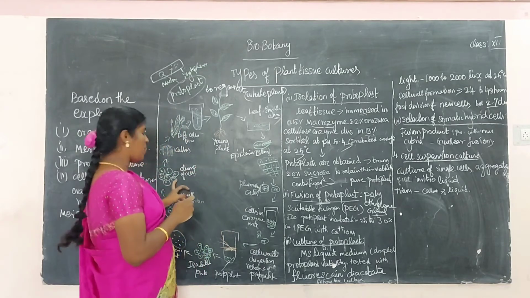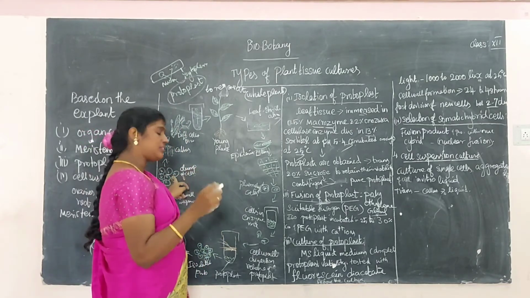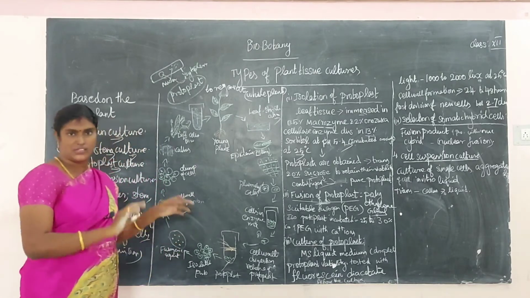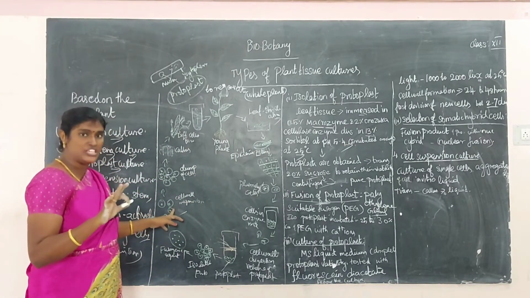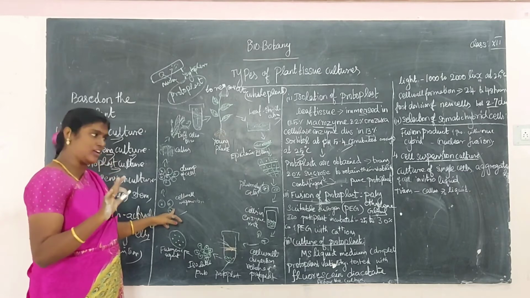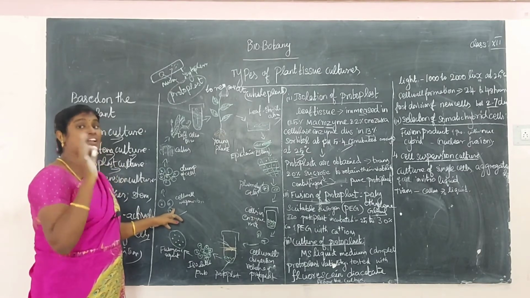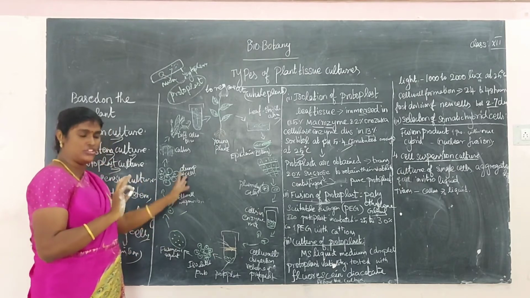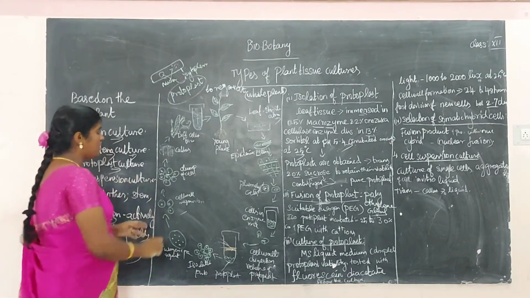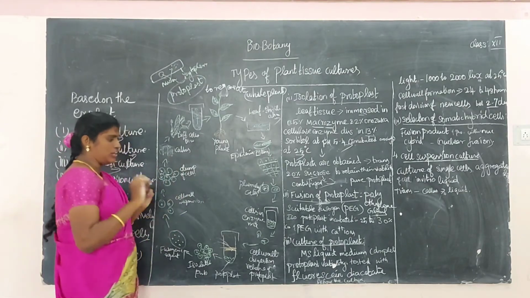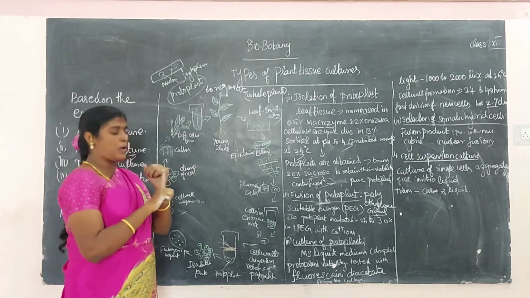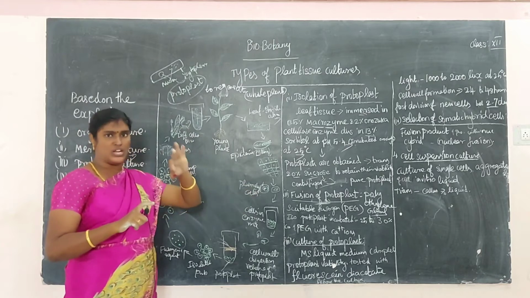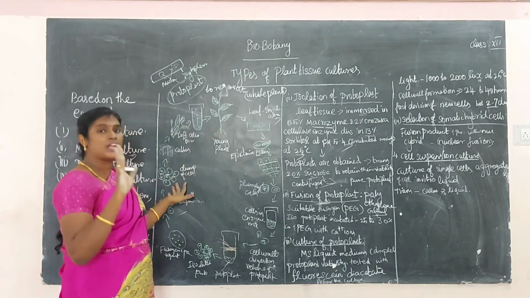Or clumping. Okay, the third process is culture of protoplasm. The second one, the fusion process, is finished. What is the fusogenic agent? Polyethylene glycol plus Ca++. Calcium ion is very important in the fusion process. Next one is culture of protoplasm. The first process, isolation, is finished; the second process, fusion, is finished; so the third is culture.